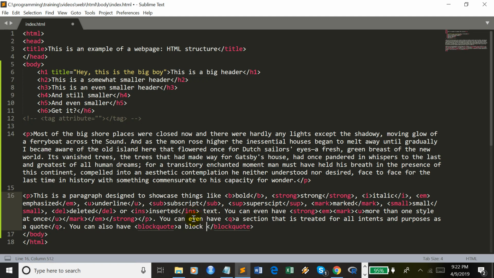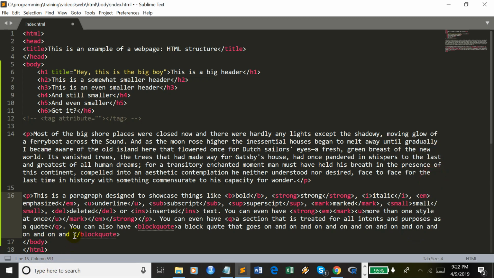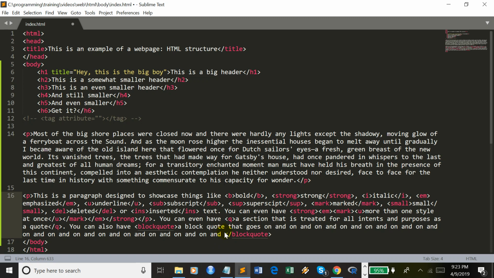A block quote that goes on and on and on. And what I'm going to do, let's just copy this right here, I just want to put a lot of meat on this copy. So we'll just paste, and I want it to run to more than one line. And paste. But notice this is the block quote that's enclosed in block quote tags, and I think we're probably good with this. Let's save this,